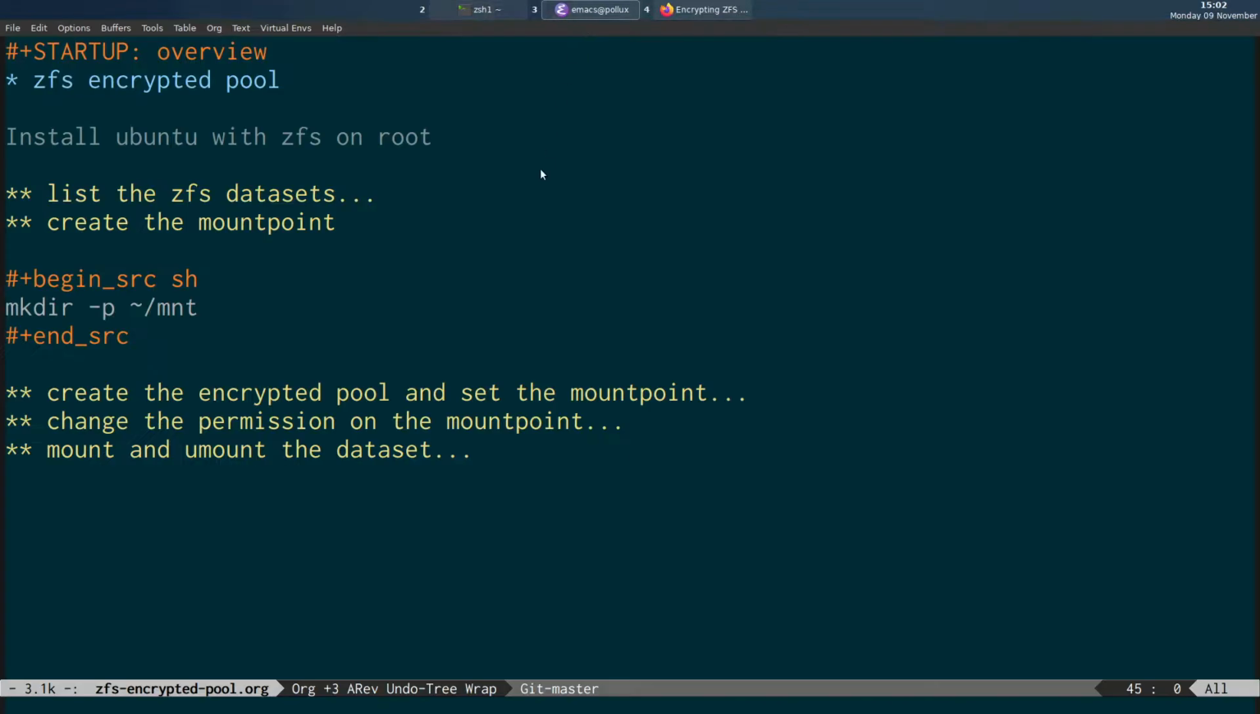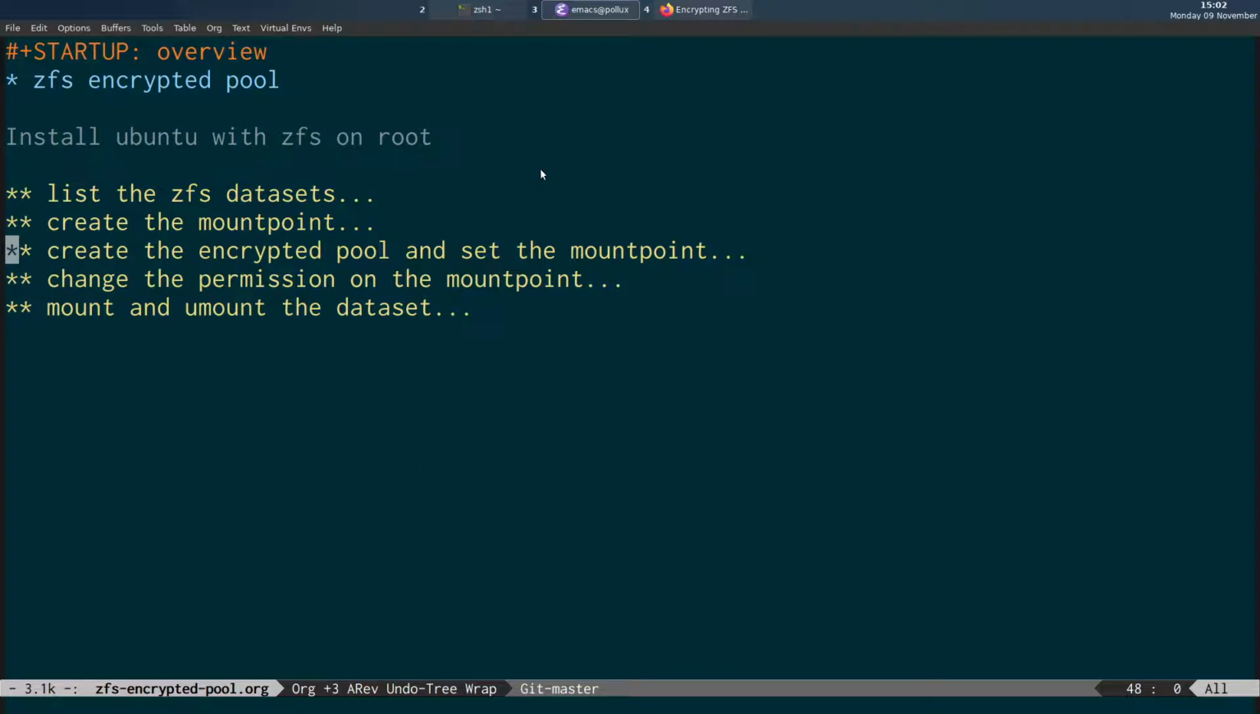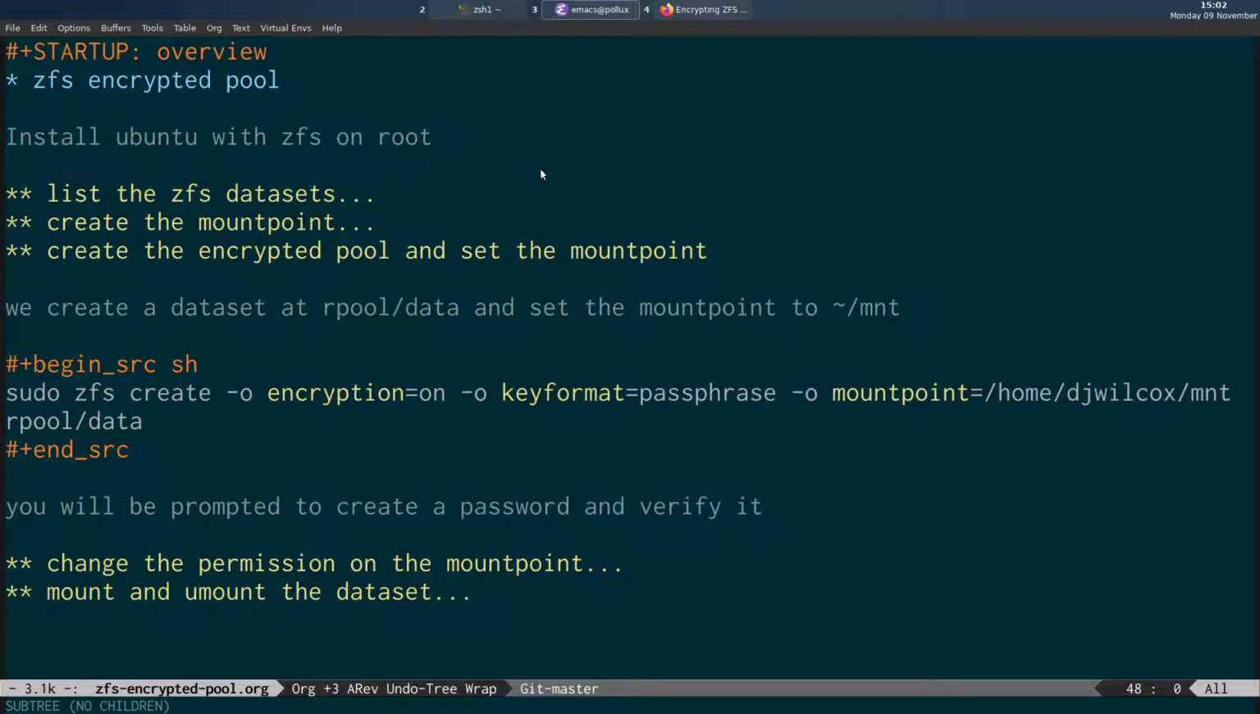So what we're going to do is create that mount point, and then after that we're going to create the encrypted pool and set the mount point with one command. The reason why this is really cool is because you create a dataset that has an encryption password, which can be completely different from your root ZFS password, and you will be prompted to unlock it